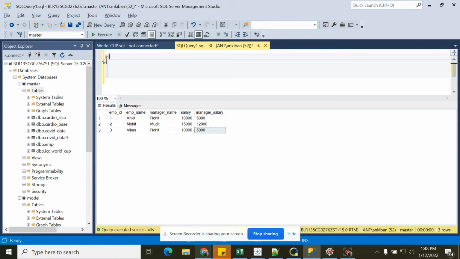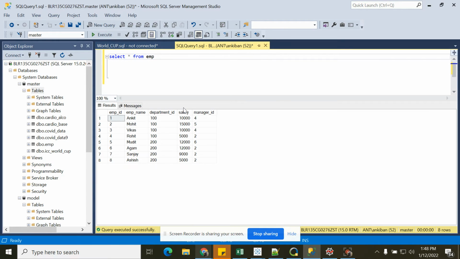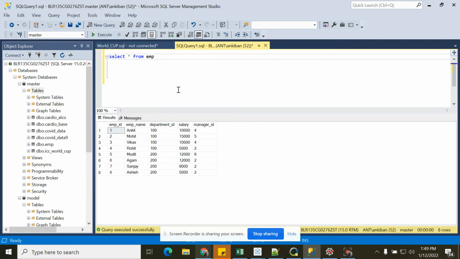I will just select star from EMP. So this is my table, whatever we saw, right? Now what I will do is use this table twice in my query and then join manager ID with employee ID. So let's say the first table is employee, aliased as E, because this is my employee table.